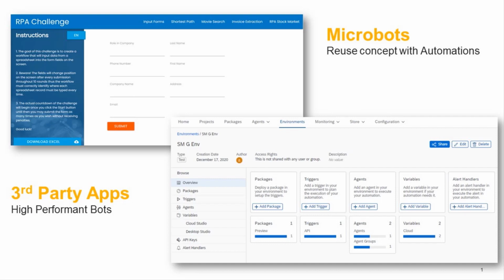SAP Intelligent RPA has a reuse concept that spans many layers. It starts from the package concept we have, where all the independent artifacts like applications, screen captures, identifications, data types, and automations can be reused in new automation packages. You then have the SDK packages, which power the activities within an automation, and these are also extensible and reusable for customers. So in this demo, we'll show you how these reusable capabilities can come together to automate a non-SAP